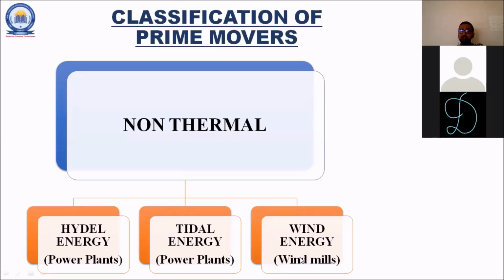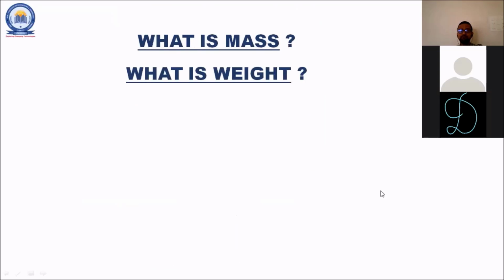Basically, Suzlon is developing the wind turbines. It is not generating the complete windmills, but the blades and the turbines which are used, that is the work of Suzlon. So I hope now the picture is perfectly clear in your minds and you have perfectly understood the question, what is a prime mover and what is the classification of the prime movers. Let us proceed further with the next topic.